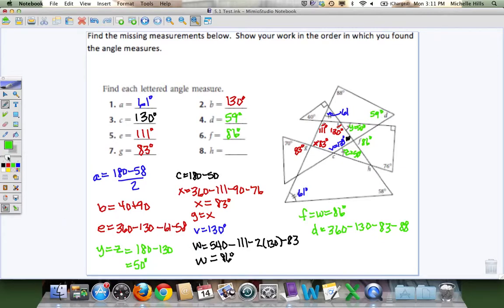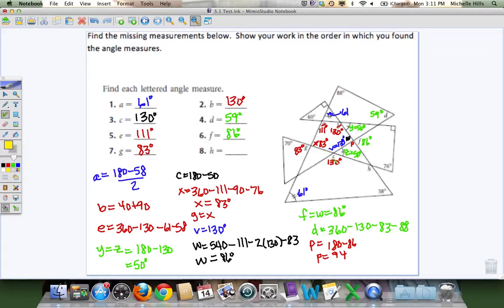Once I find D, I needed to add another angle measure in here to help me out a little bit. Oops, and I'm going to put my 130 degrees in for my C. Eventually I want to find H. What I found though was that it was helpful to find this angle first. So P is a linear pair with the 86 degree angle, so it's 180 minus 86, which means P is 94 degrees. The reason I did that, my last outline here,